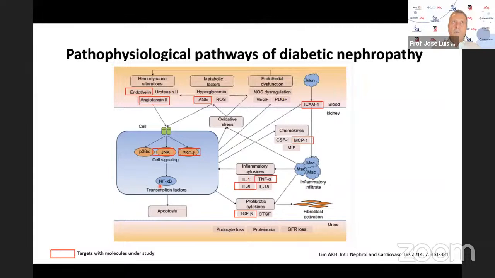In response to such signals, renal tubular epithelial cells, podocytes, and mesangial cells produce chemokines, growth factors, and fibrotic cytokines that recruit macrophages,